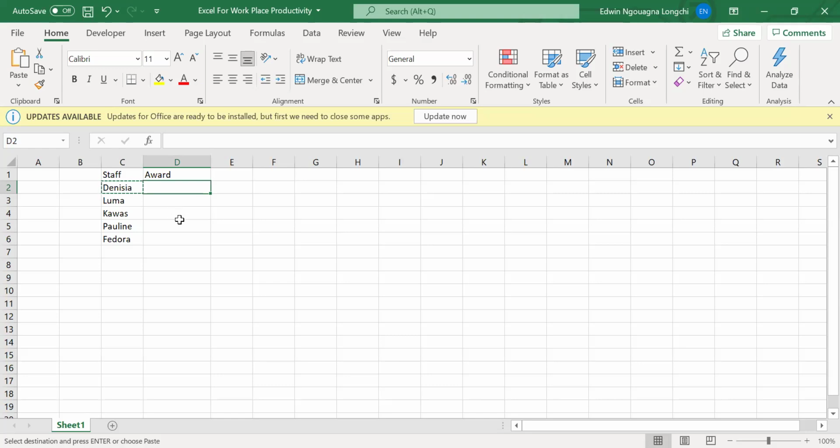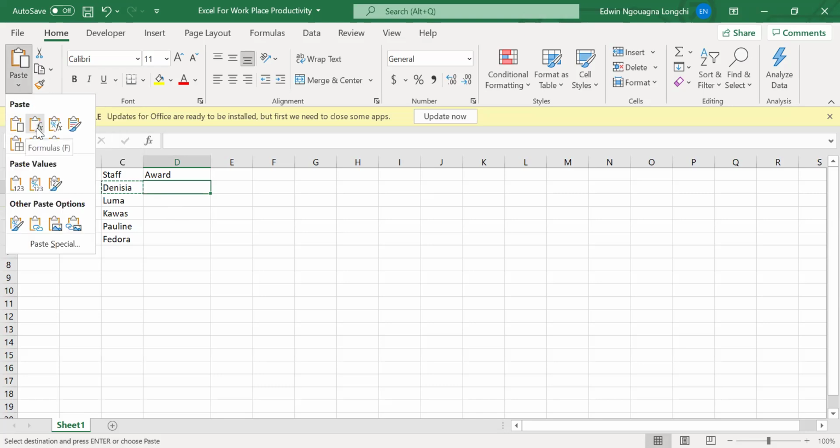So instead of just clicking on this space, I can click on this small arrow you see here, and I'll see various paste options. You understand? These paste options might not be useful right now because I'm pasting just text, but when you're working with calculations and you want to copy your formula and replicate it over several rows or several columns, you can simply come here and take paste formulas. When I point my cursor here, you see formulas, normal paste, and then paste values. These are very important options that we're going to see as we go ahead.